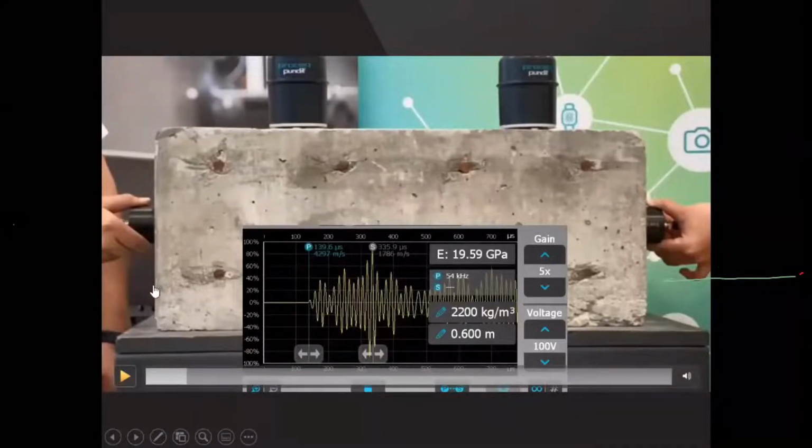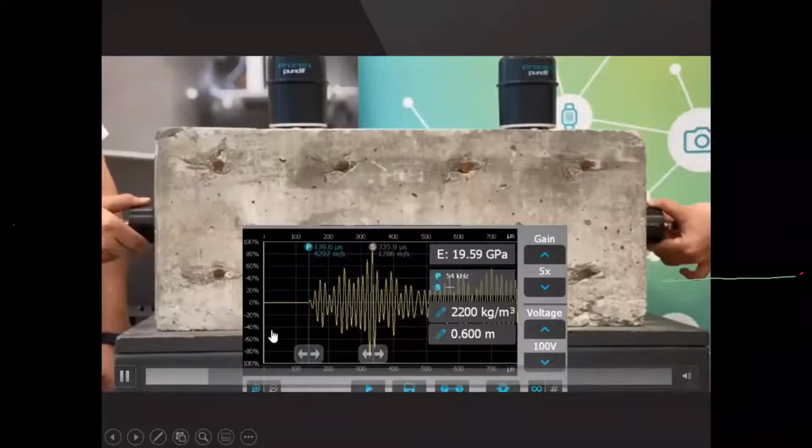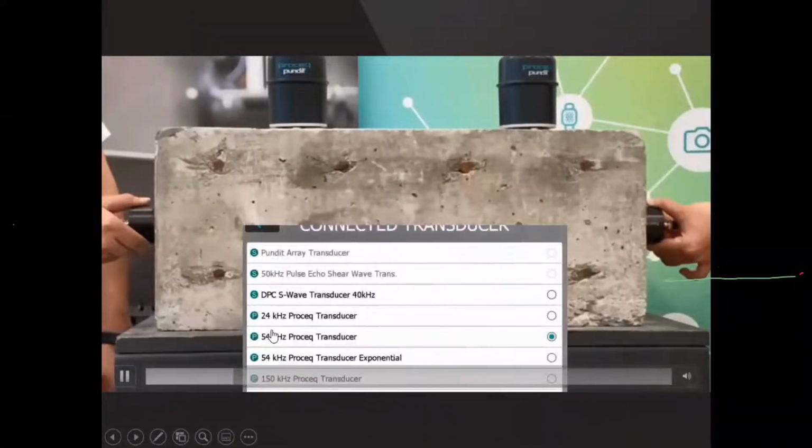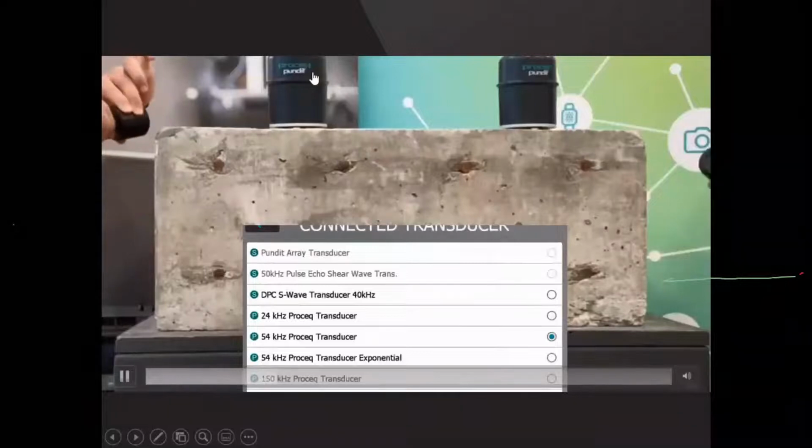So you can see here, the measurement is started. First, the first cursor here, right? This is my P wave, right? Now I'm using a P wave transducer. I move the cursor manually to find the zero crossing here. After that, I continue the measurement, right? Now I need to do my S wave testing. So I need to change my transducer to the shear wave transducer,